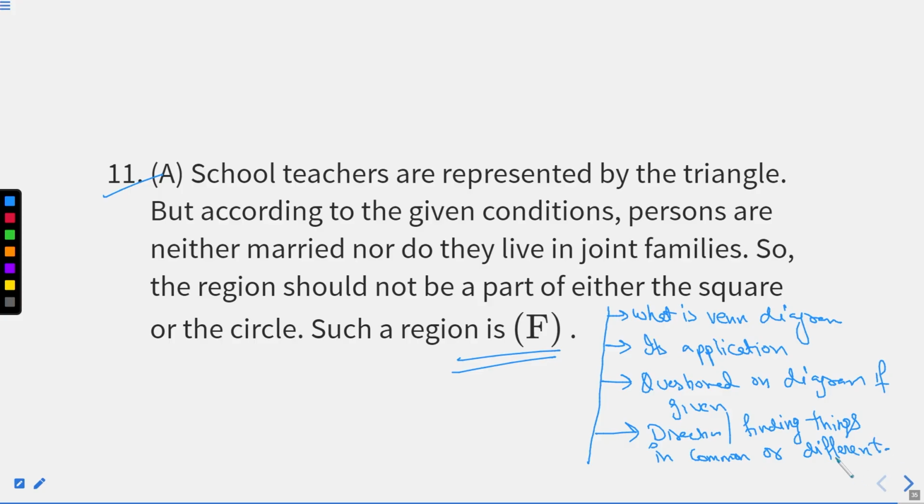Now, in total we have discussed 11 questions in this chapter. For the first few minutes I explained the different types of Venn diagram representation: when things are common to each other, when things have something in common, and when things have nothing in common. I have explained all these things. Then we started with the question part, where I explained how to approach the questions if two conditions are given, and if three conditions are given, right? I have explained each and every question from my end, right? So this is all from my side for this particular chapter.